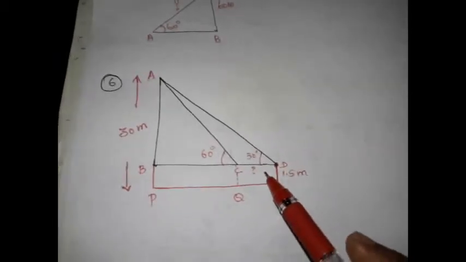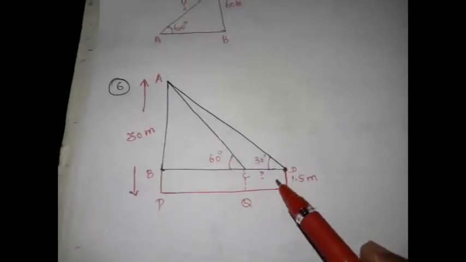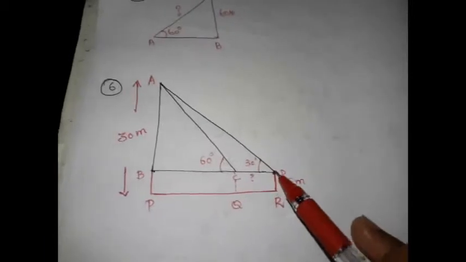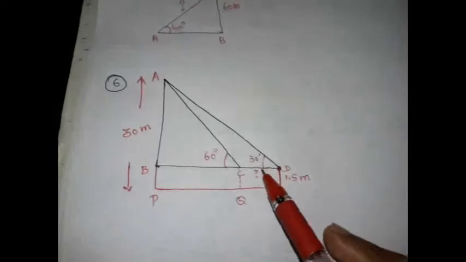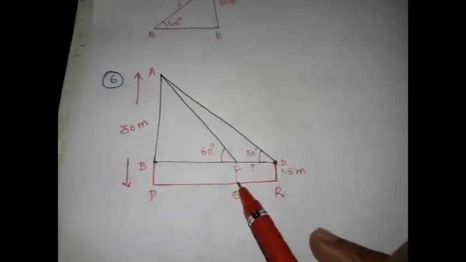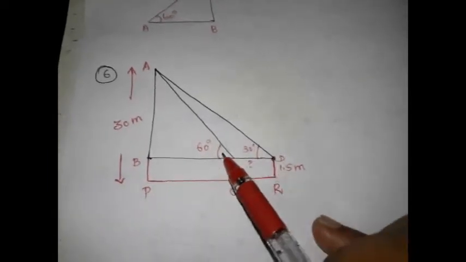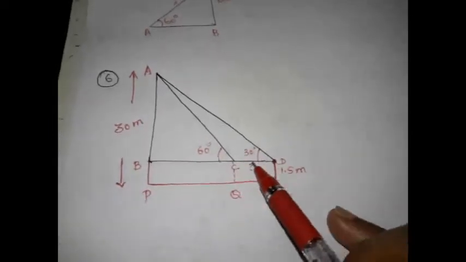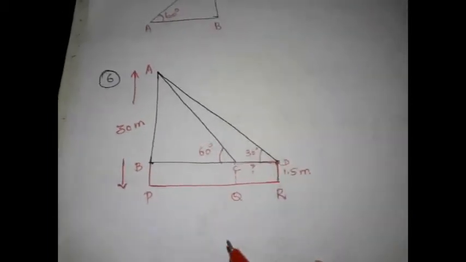30 degree, what is given in the question? It increases. It increases from 30 degree to 60 degree. So first when the boy stands here and views the top of the building, his angle of elevation is 30 degree, and he started moving towards the building and hence the angle of elevation increases from 30 degree to 60 degree. They asked you to find the distance, how much he walked, how much he traveled. This distance they asked you to find out.